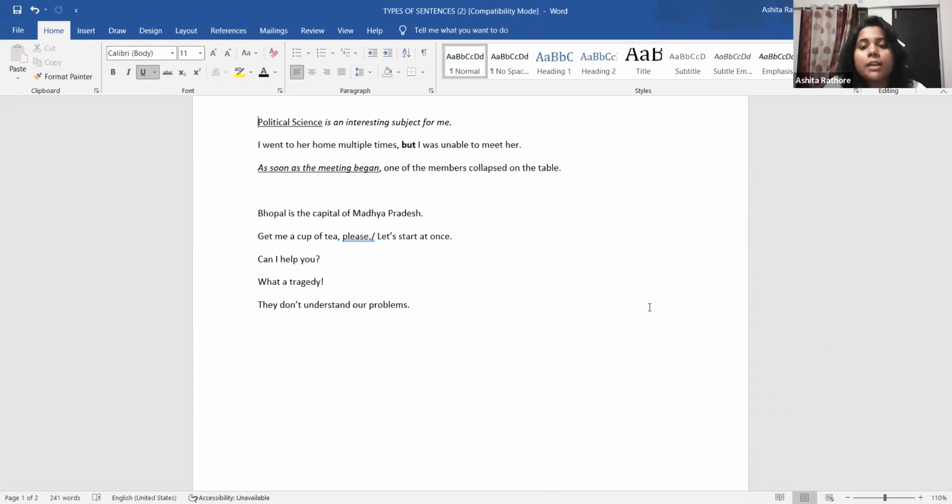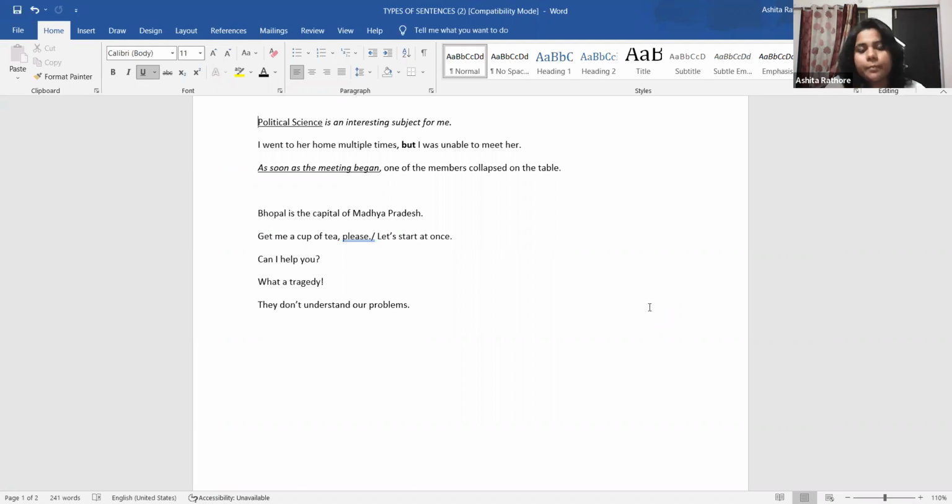What is happening in the compound sentence? You have one main clause necessarily. There will only be one main clause. Rest, you can have one or more subordinating clauses or dependent clauses, and that will make up for a compound